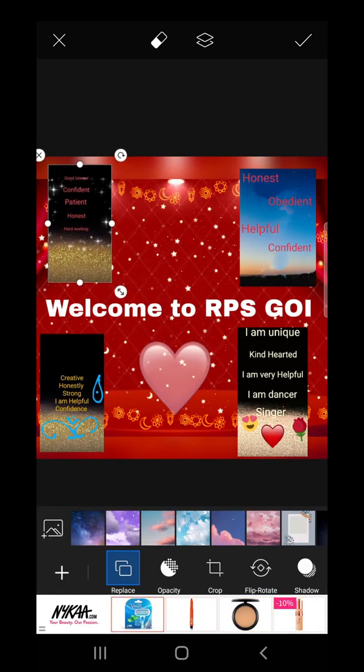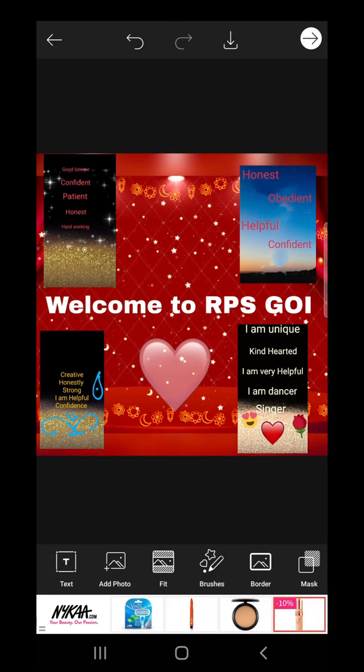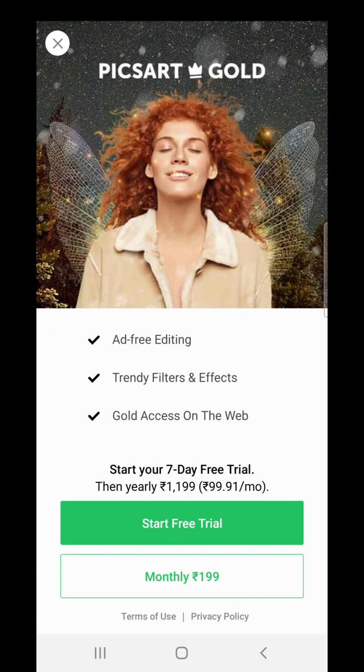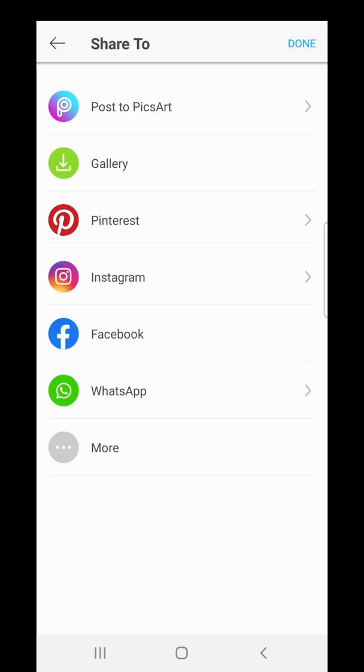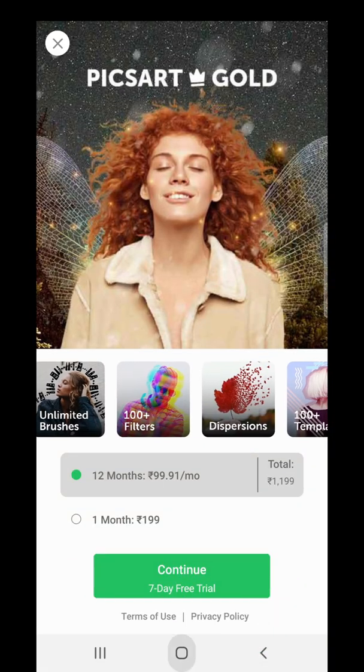Okay, so here I added 4 pics, and now I wanted to introduce these pics in a stylish way, not in a simple way. So you can see how nicely I have presented it. Just click on this right icon. Now you can see this icon, a white color arrow. Click on this arrow and then just gallery. Click on the gallery, and this pic is done, and this pic is saved in my gallery.